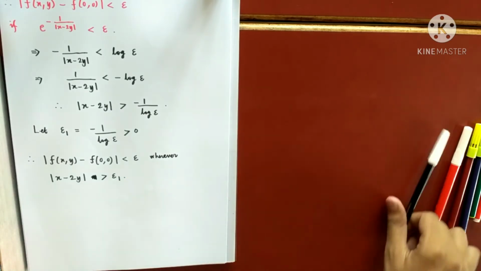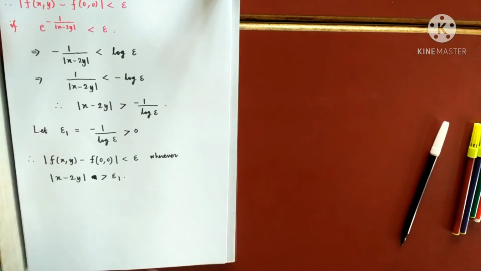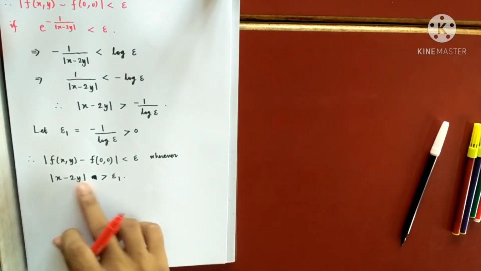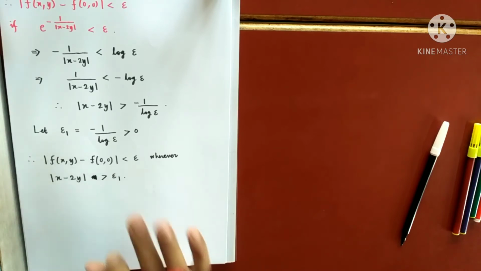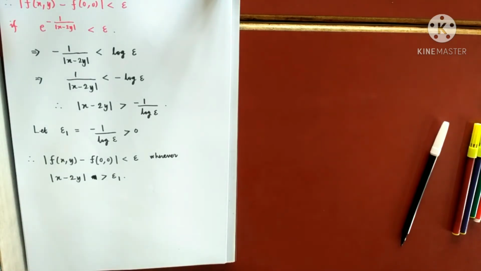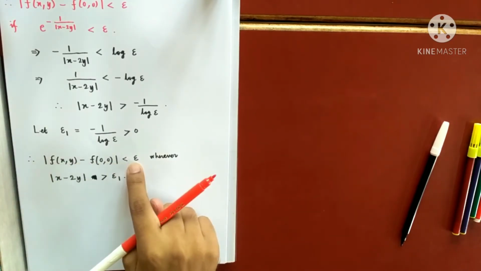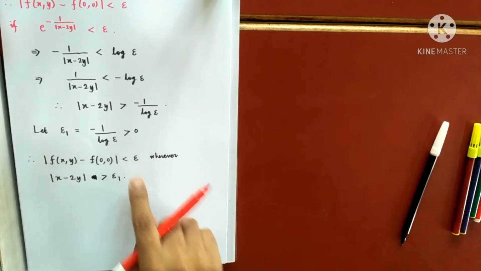done up to here, but this is not the definition of continuity. This is not a neighborhood of 0 0. Keep that in mind, and that should be less than, by the way. This does not contain 0 0, because if you put 0 0 here, 0 is not more than any positive number. So this is definitely not a neighborhood of 0 0 at all, right? So I have to find such a neighborhood of 0 0 for which this will be true. So hold on.